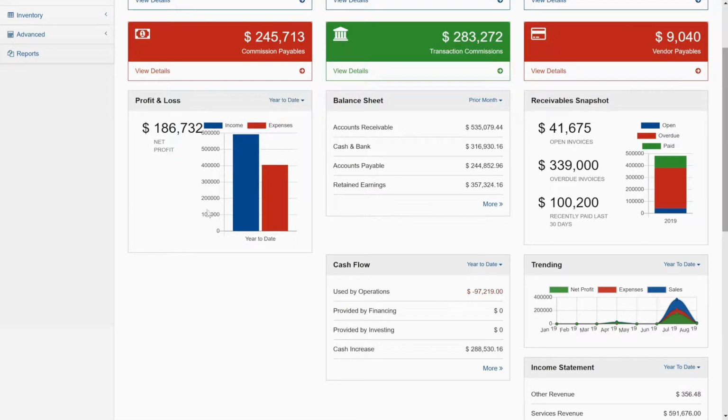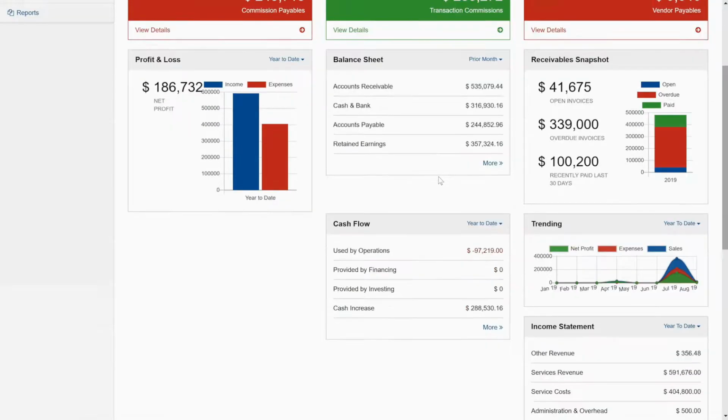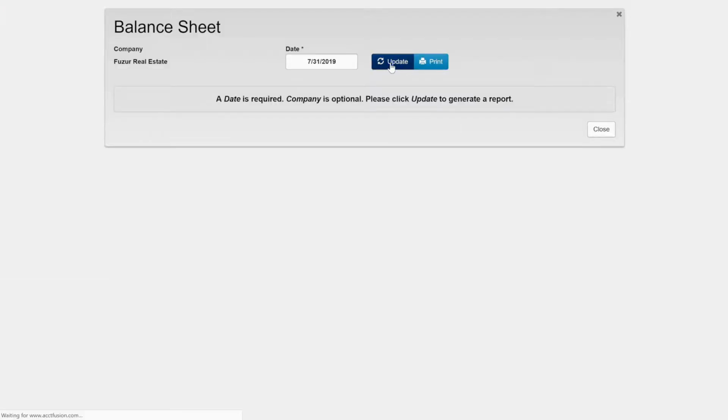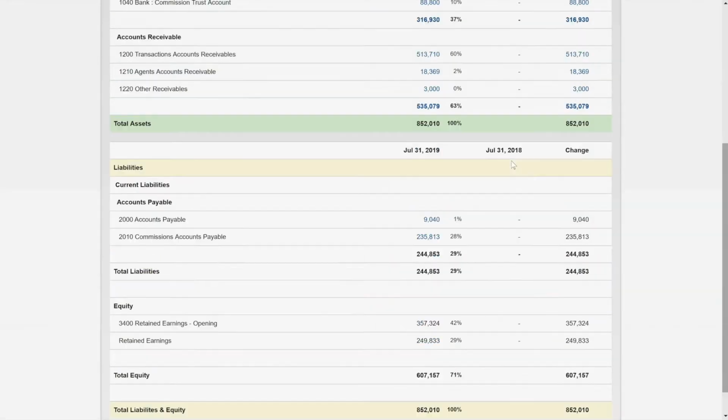So we have your profit and loss of the office coming in here, income and expenses of a time period. Per month, we have the trending report right here, so you can see the sales, the expenses, and the net profit. As well as the receivables snapshot, and then basic accounting reports such as balance sheet, income statement, cash flow. To see more, you can just click on this to expand it, press update, and here you have your